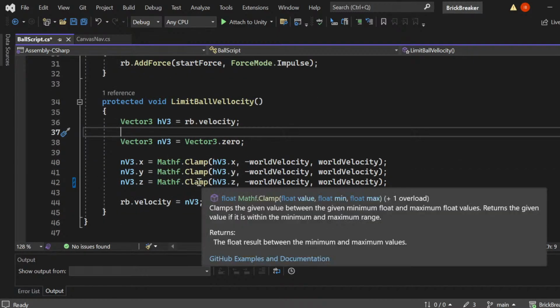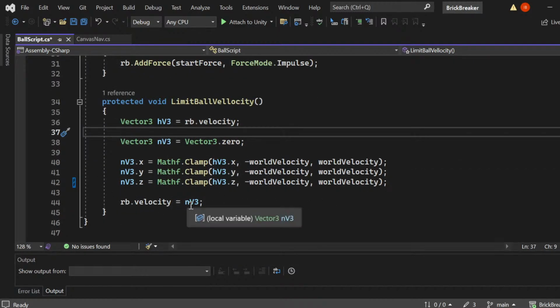We don't actually care about the velocity, because if we flip back to Unity,